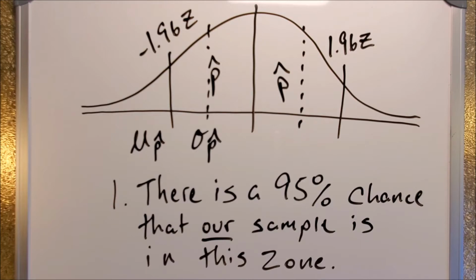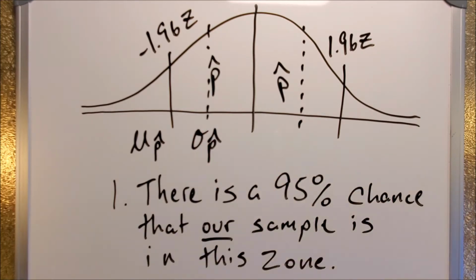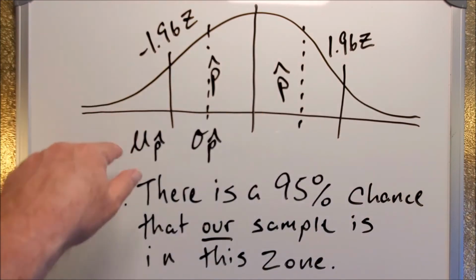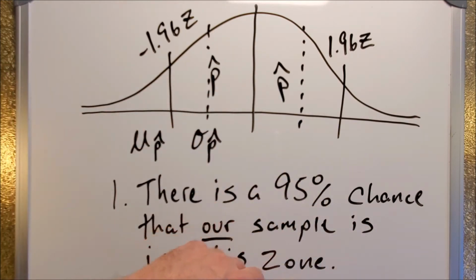Okay, so here's the first step in our thinking. There's a 95% chance that our sample is within this zone. Now, let's think about probability, and let's think about what we do and we don't know. We know that probability can be thought of as a proportion. It's a proportion of events rather than a proportion of a physical object. So we know that out of all the events, let's take the proportion, theoretically speaking, from that sample,